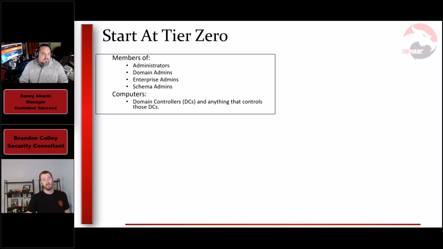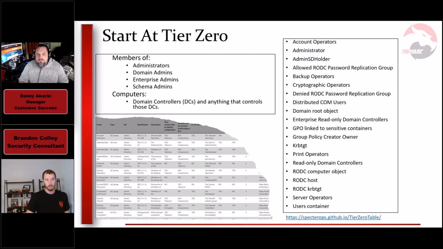Okay, so once you've nailed that, you're ready for some of the hard parts, right? So here's the rest of it. This is what SpectreOps has collected for the last, I don't know exactly how long they've been collecting these, but I know Trimarc has collaborated on this list with SpectreOps. It's an open collab tool where it not only lists everything that's considered a tier 0 asset, it also talks about why and where they are and the caveats and stuff like that. So it's a really good resource if you're looking to level up in this space.